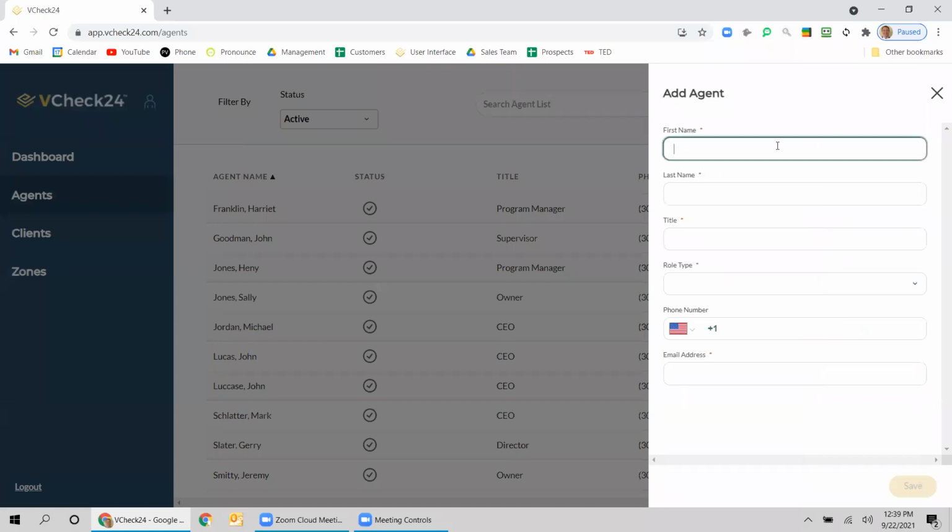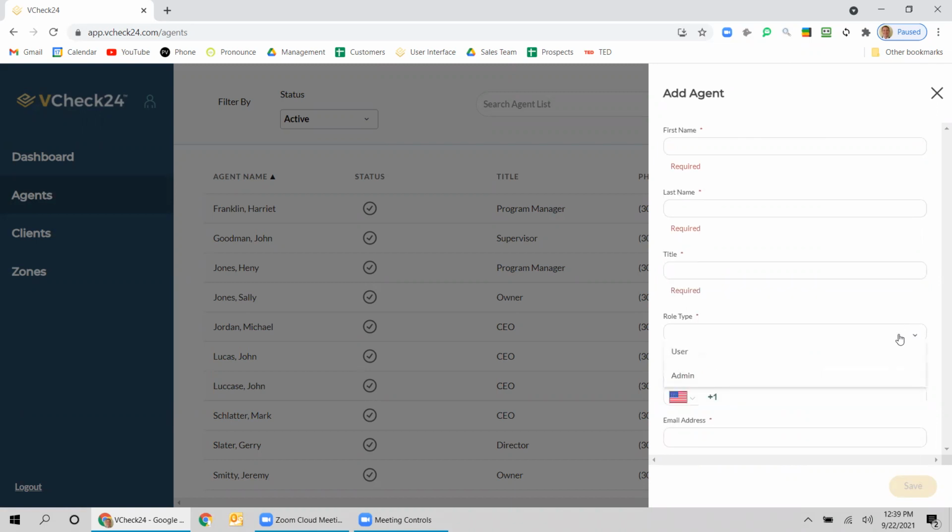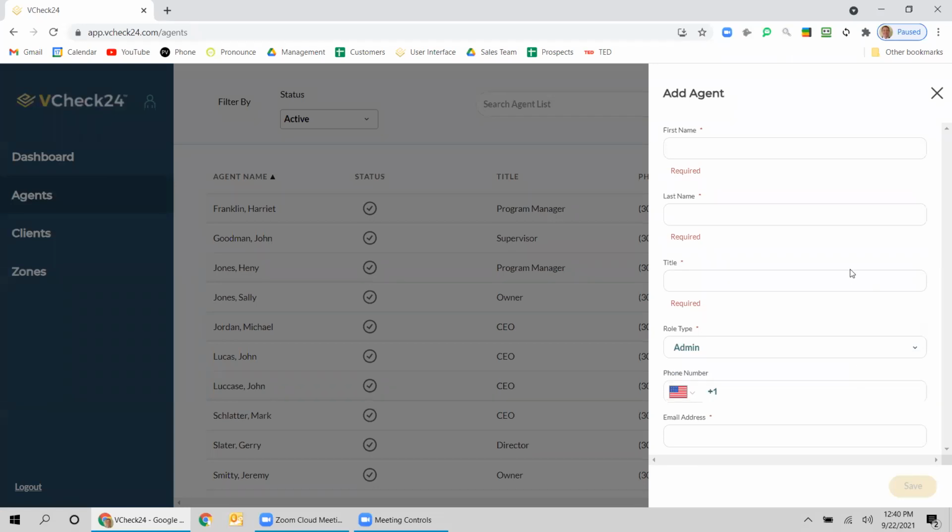You'll click here, you'll enter their first name, last name, job title. You can pick role type. If you select user, this new agent will only be able to view and supervise the clients directly under them. If you select admin, that means they'll be able to view all agents in the system and all clients in the system. You'll enter your mobile number here, your email address,